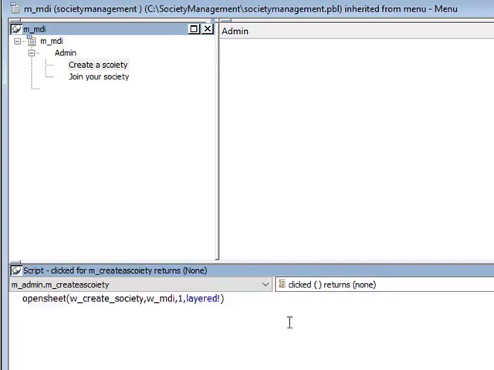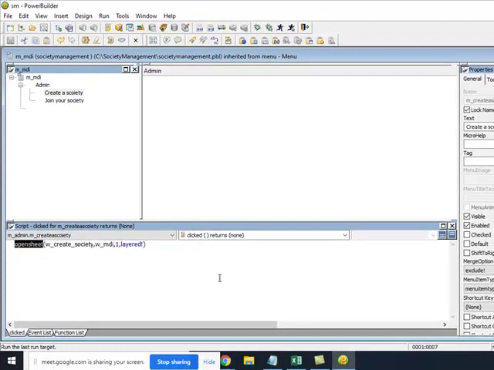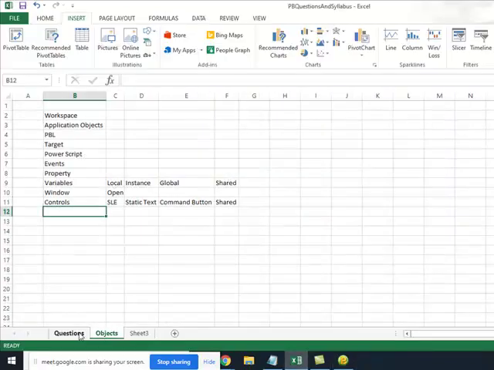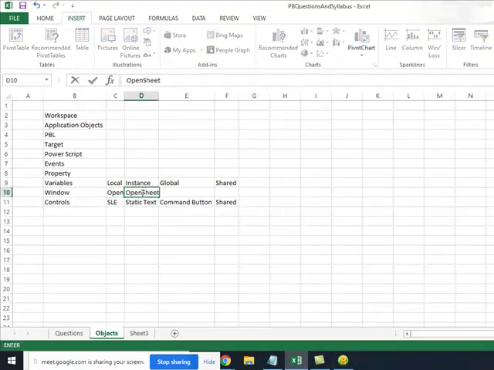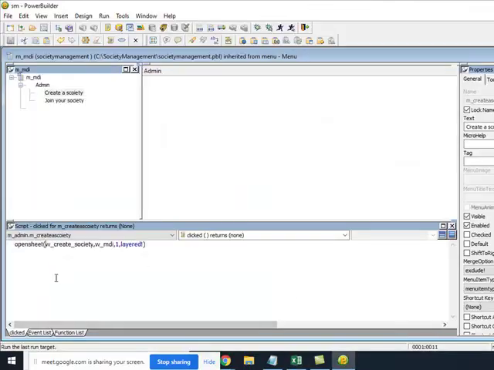Now, you can see one difference here. We used the open function on the application object to open a window. Here we are using the open sheet function. So now we know there are two functions to open a window: one is open and the other is open sheet. We use the open sheet function if we want to open a window under an MDI.